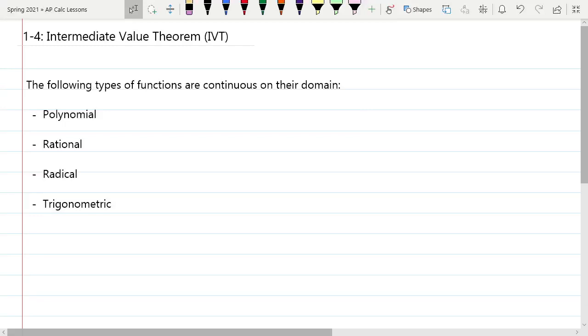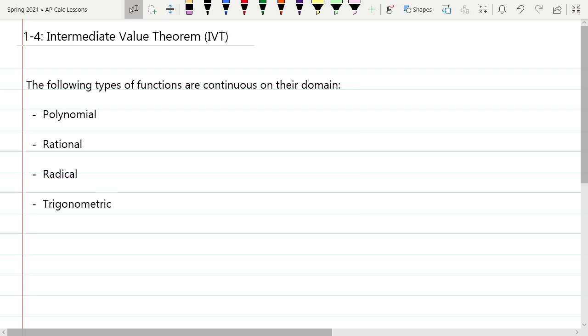Okay, welcome to lesson 1-4 about the intermediate value theorem, and this is still part of section 1.4 in your textbook. So to begin, first let's talk a little bit more. You just studied more about continuity of a function continuous at a point. So there are certain types of functions that, because of the way they behave, are continuous everywhere on their